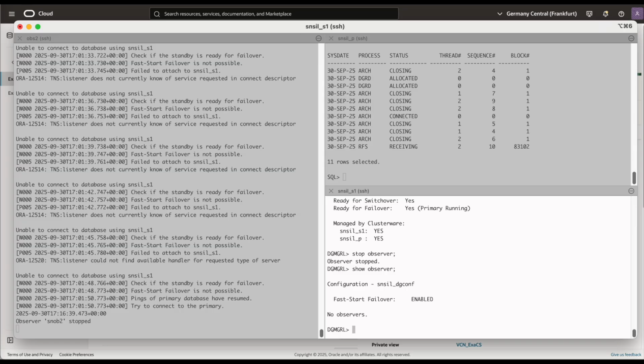If you see the output of show observer, it states no observers. Then disable FSFO with the command disable fast start failover.